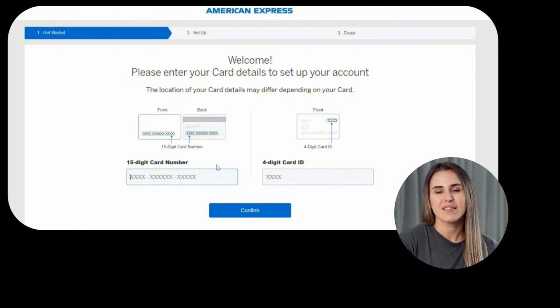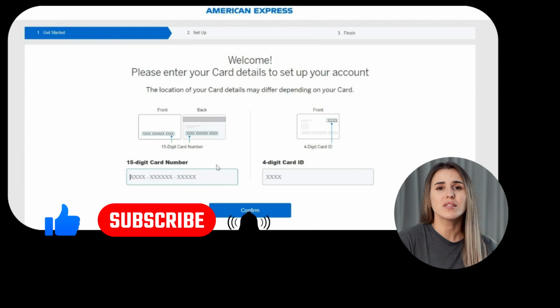That's it! You've successfully created your American Express online account, and now you can access your card details, view statements,